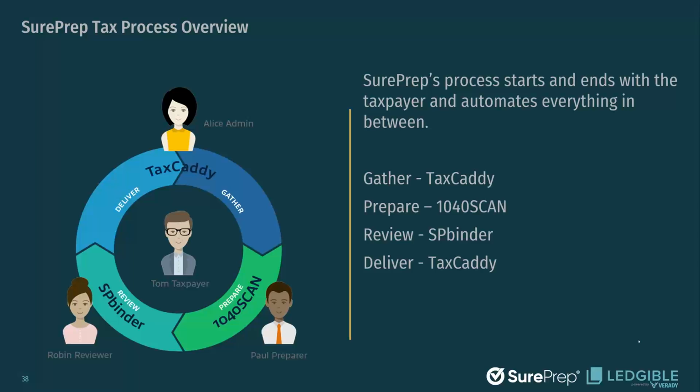If you were a SurePrep customer, you would use our award-winning client collaboration system called TaxCaddy, and it makes it really easy for you to request and receive documents. It looks to the pro forma tax data in your tax software and will automatically create a customized document request list for every client. It makes it really easy for them to see the list of things that they need to provide to you and to actually provide those things. And then once you've got everything that you need to prepare the return, or maybe not everything, maybe you set an 80% or 90% threshold, once you have most of the documents and the data that you need to prepare the return,